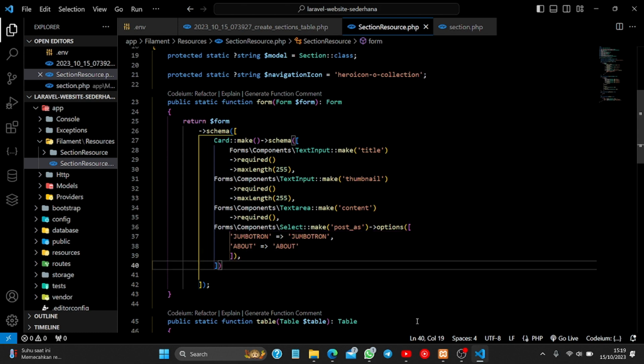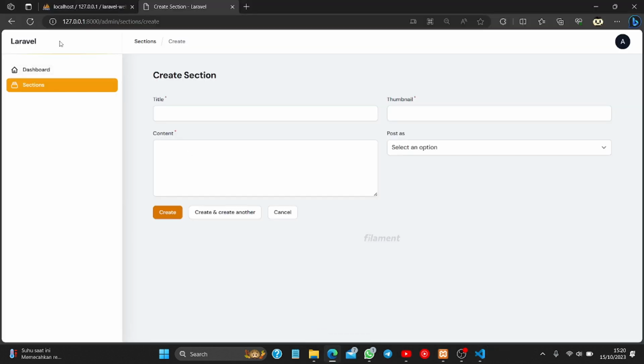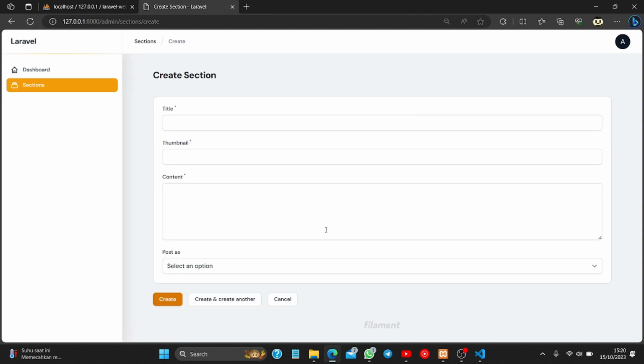Okay. So you can type like this, and then you can check the result. As you can see, one column like this. As you can see, this thumbnail we will change. Not input text, but we will change like this option. So we will change thumbnail with select an option. Eh, no, not select an option, but upload picture. So we will change with